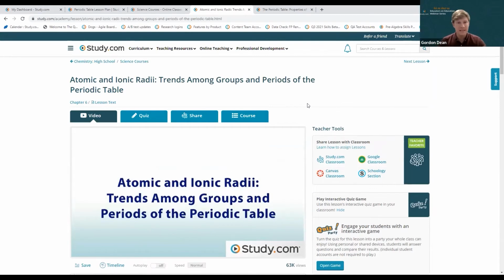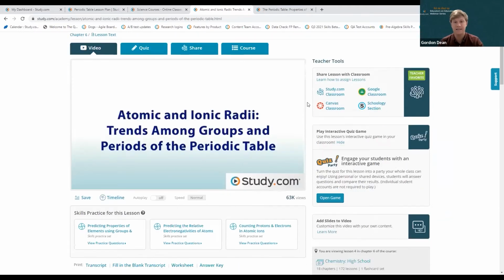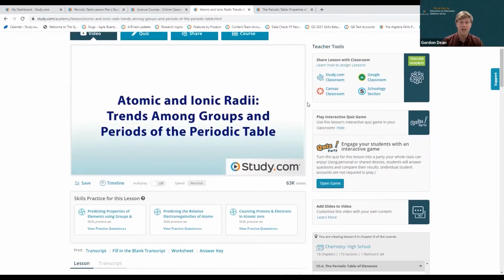You can use it for lesson planning, taking our content, mapping it to your own scope and sequence, using our pre-made lesson plans. You can then assign that material at the chapter level, the chapter exam level, or individual quizzes and lessons to entire classes or to individual students. And there are a ton of different ways in which you can engage with your students during class, showing off the quizzes, showing off the lessons, and shaking up your lessons to continue to drive student engagement.